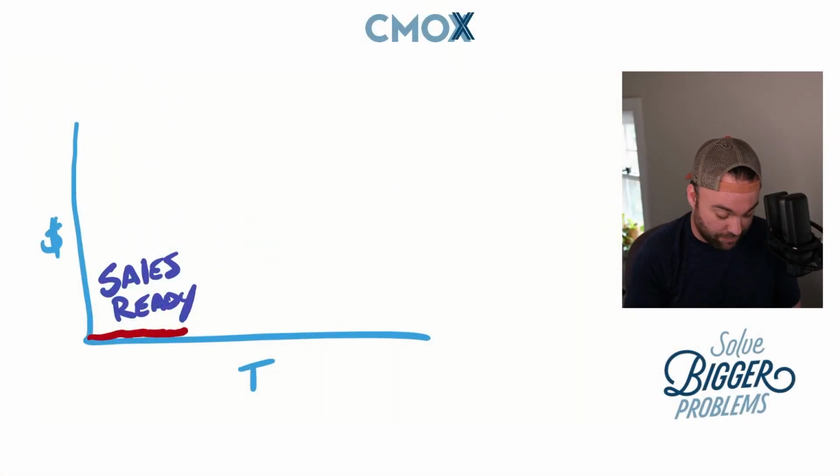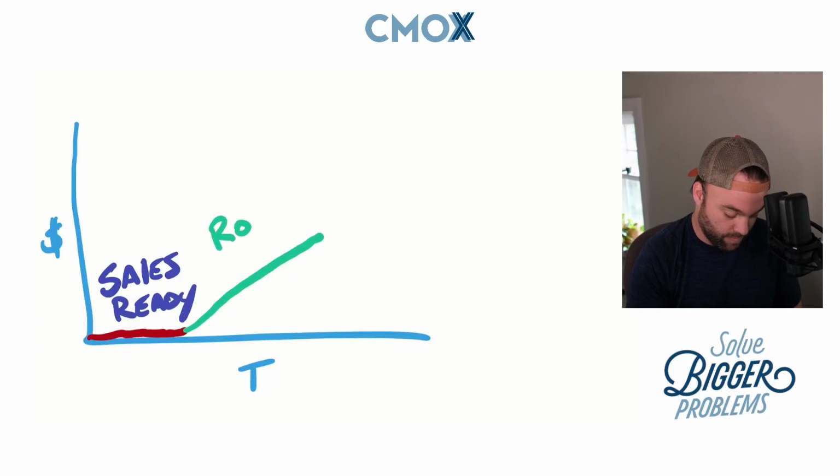So then what comes after sales ready? Because again, you've made no money to get sales ready. Well, stage 2 after sales ready is when you start making some money. And that money you're going to make in this next phase. And I'm going to call this next phase the road to 10K. Road to 10K.